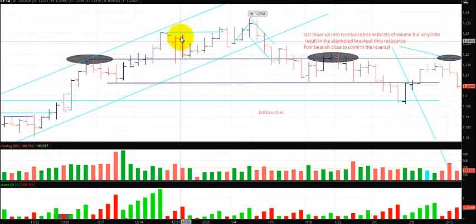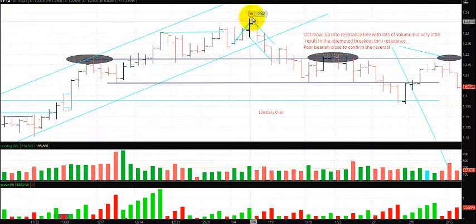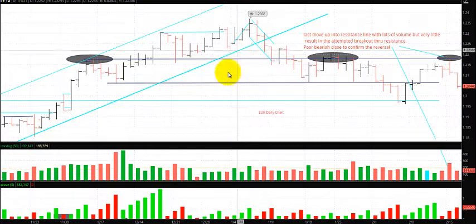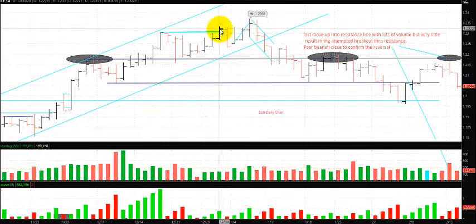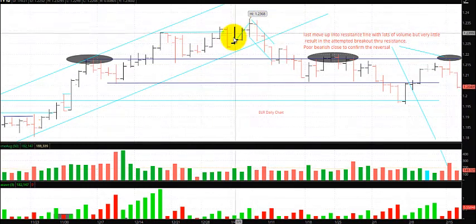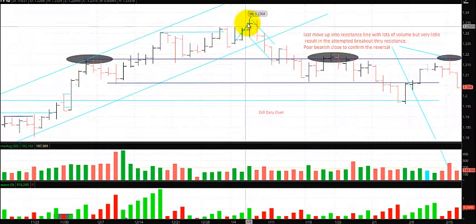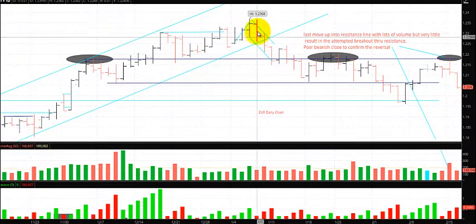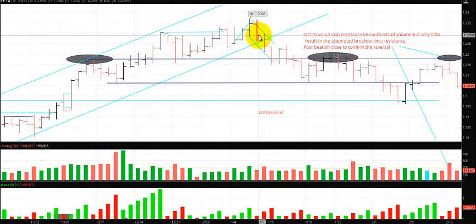And then it did the same thing here. And then we had these last final upthrusts that were failing. And you can see with volume diminishing, even though it was starting to try and punch right through this resistance level, it started to topple over. It started to turn over here to the downside. And then we get that strong downward candle here with more volume. You can see it's one of the strongest volume candles in about a week and a half. That right there is the January 7th